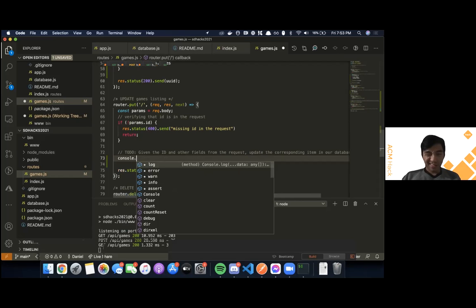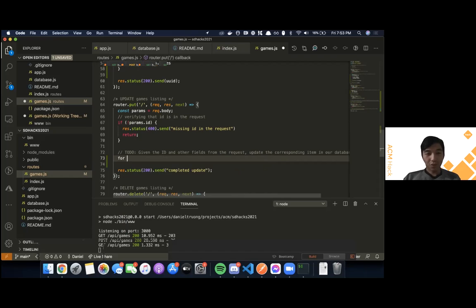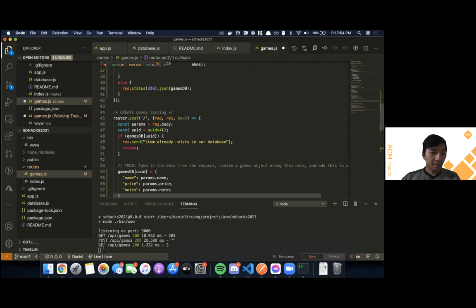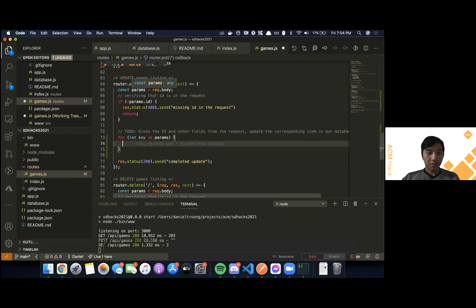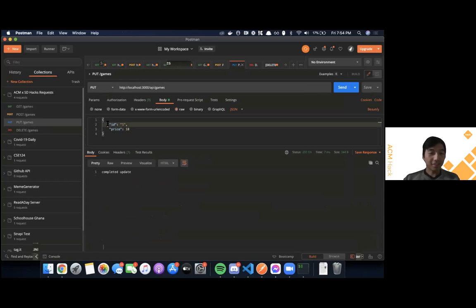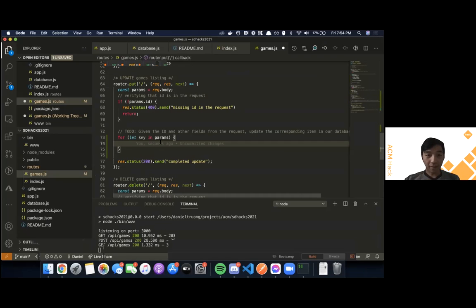Let's do for let key in params. This is very similar to what we did earlier in the filter, like let ID in gamesDB. Because parameters are the same way, right? If you look at the parameters for put, it's the same idea with keys and values. So in let key in params, key is what's on the left side, like ID and price. We only want to do things if key is not the ID. So if it's not ID,